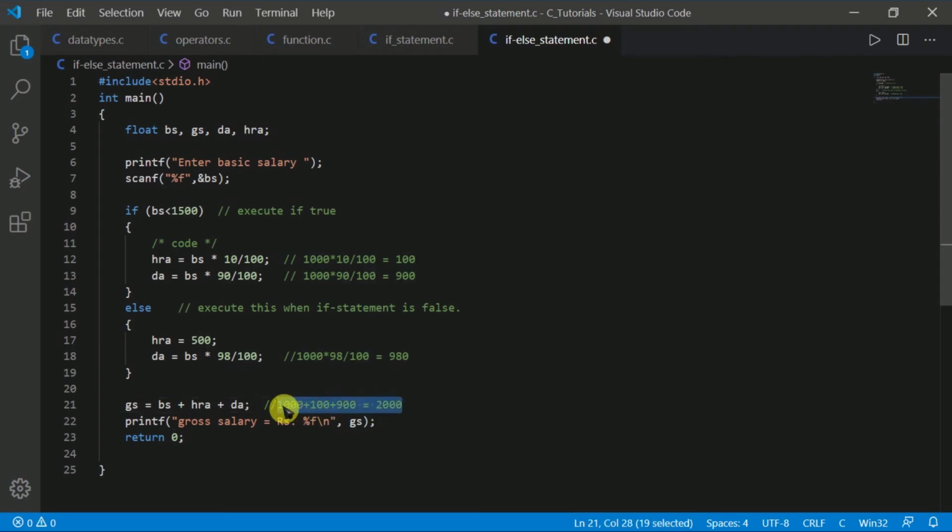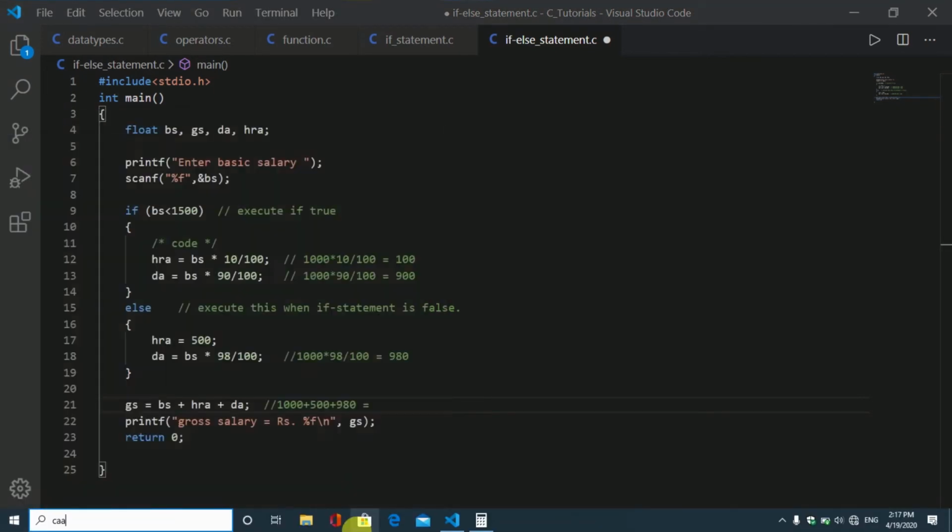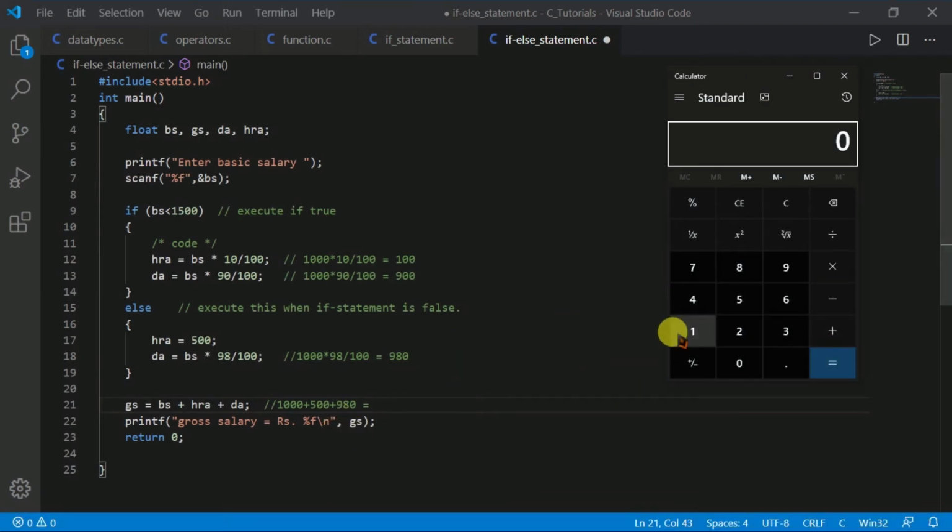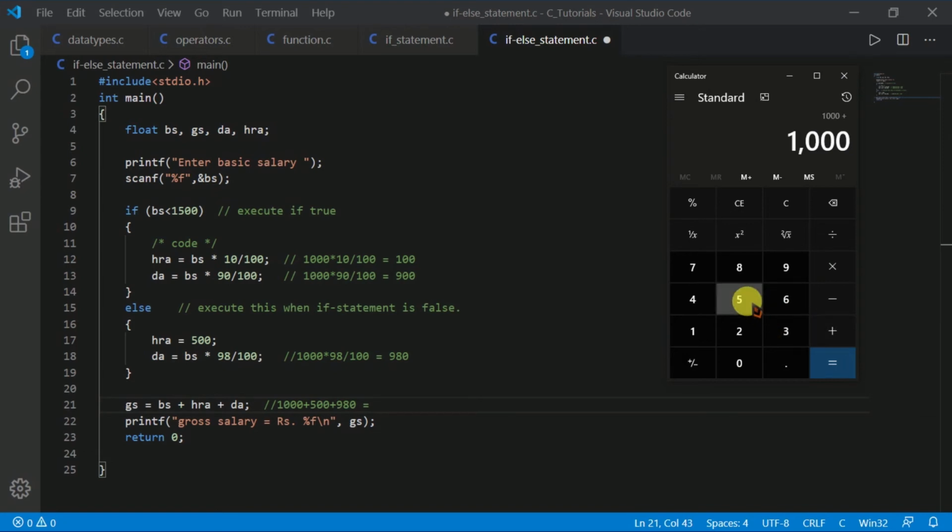So here we get 980. Now 1000 plus 500, the HRA value is 500, and the DA value is 980, let's calculate this again on the calculator. 1000 plus 500 plus 980. Oh guys, wait. What happened?